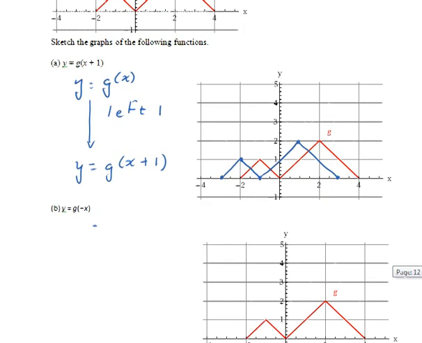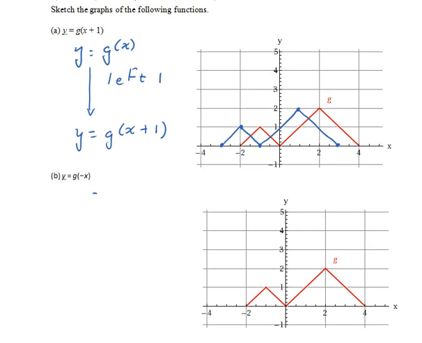So now let's go down to part B. In part B, we want to graph y equals g of the opposite of x. So we start with y equals g of x. Again, x is going to be replaced, this time by the opposite of x. Again, the effect on the graph will be horizontal. Each x is being replaced by its opposite in the ordered pairs, and so the graph is going to be